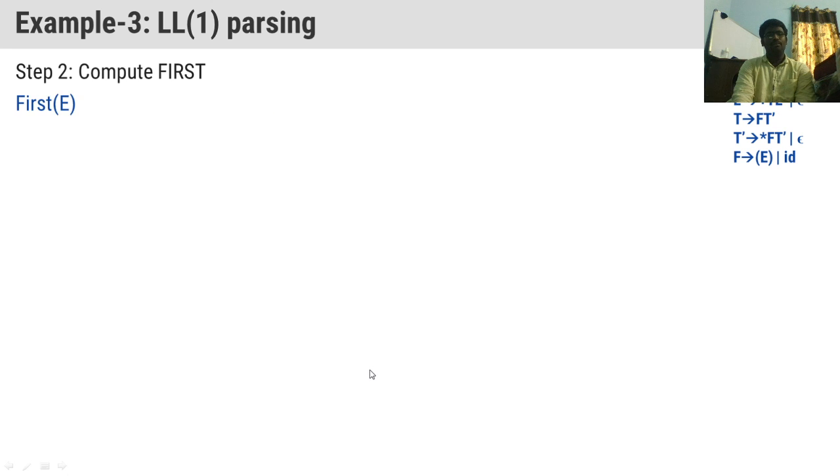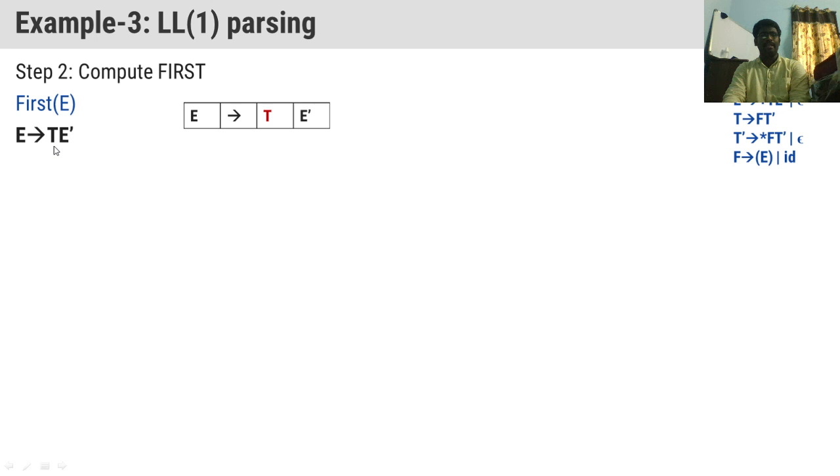You see, we are finding out the first sets, and here the production is E derives T E dash. I told you that the first set is nothing but we will take the first symbol in the production. Here the first symbol of this production is capital T, and capital T is not a terminal. That's why we will go for finding out the first set of capital T again. If this is a terminal, we will directly add that to the first set. Since it is not a terminal, we will go for finding out the first set of capital T.